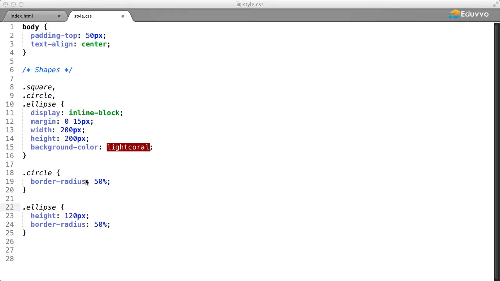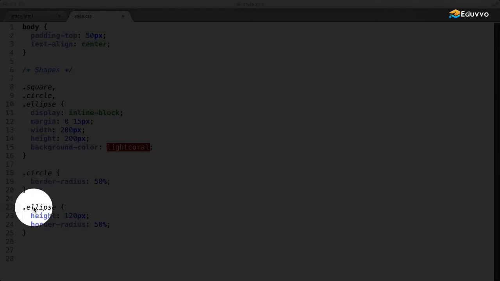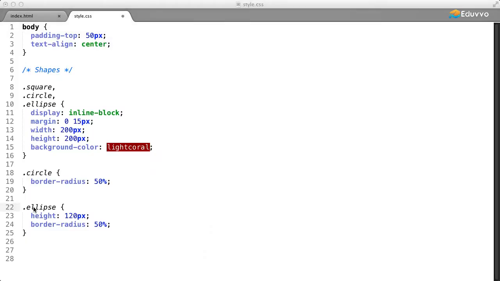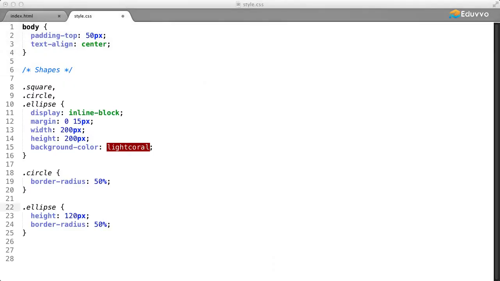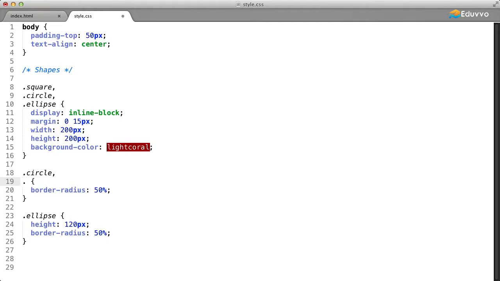So next, we can group circle and ellipse into a selector since they both share the same border radius value, which simply sets the rounded corners and circular shape. So I'll go ahead and add a comma after circle, then type ellipse. So now we can go ahead and remove the border radius declaration from the ellipse rule and leave the modified